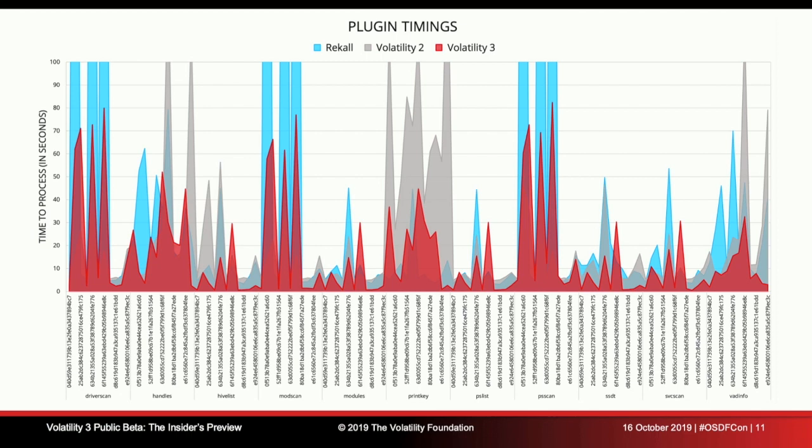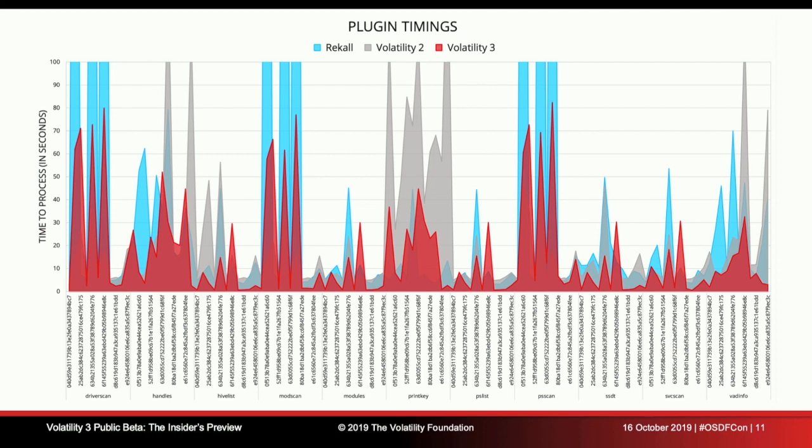So all of our Volatility plugins seem to run in under 80 seconds. And that's definitely not the case with a whole bunch of other stuff. This is on the set of memory images we've got, which includes Windows 10, Windows 7, XP. XP is really fast. It seems not to be that complicated an operating system, I guess. But whatever it is, we just fly through that.